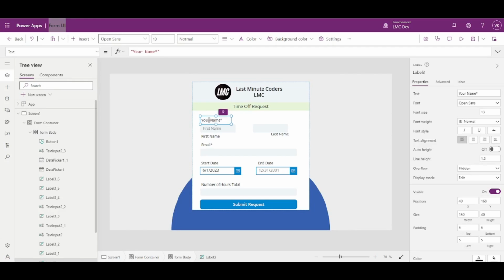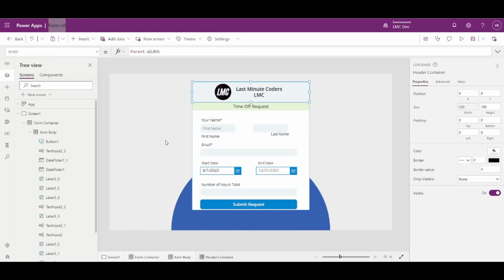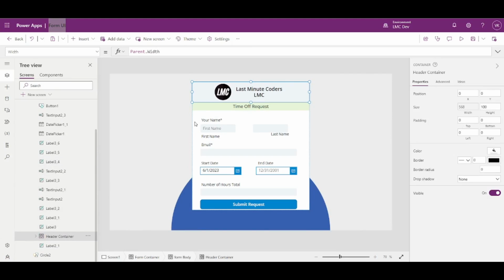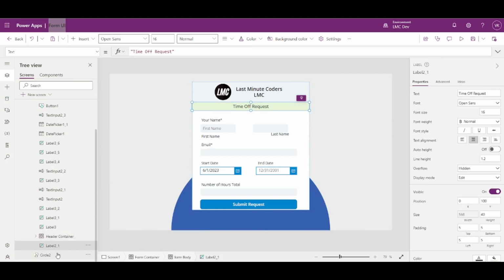So first thing first, your name should come after this, and this should come after this. After we have this container, right? If I open this, we have this header container. After this header container, this label should start. You could just rename this label up here. You could say time of request underscore label. You could just rename it so that it will be easier for you to know that this visual is associated with this control. Okay,